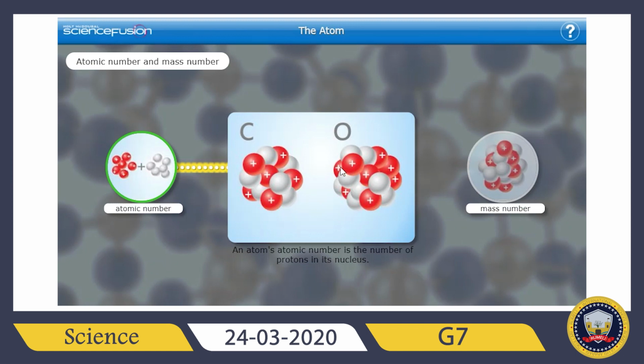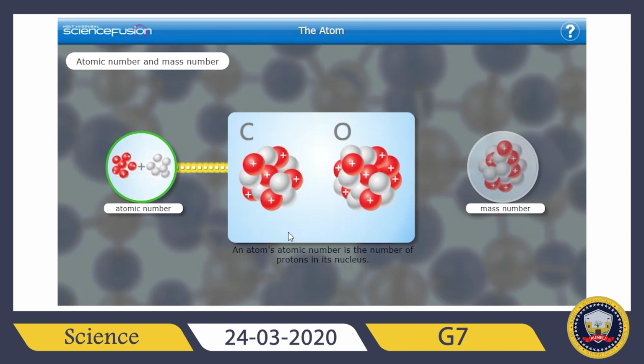On the other hand, we have 1, 2, 3, 4, 5, 6, 7, 8. And like this, 8 protons can only be found in the oxygen atom, or oxygen element. Okay, that's why the number of protons gives the identity of this atom, and it also gives us the atomic number. Okay, so this atomic number is telling us two things: how many protons the atom has,